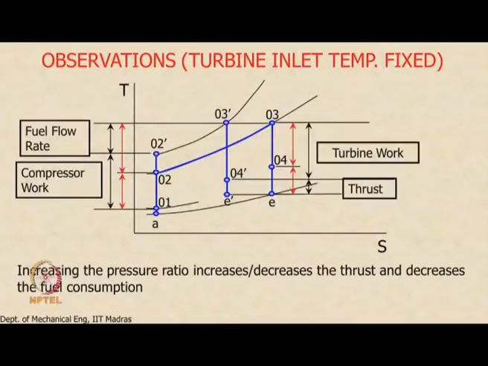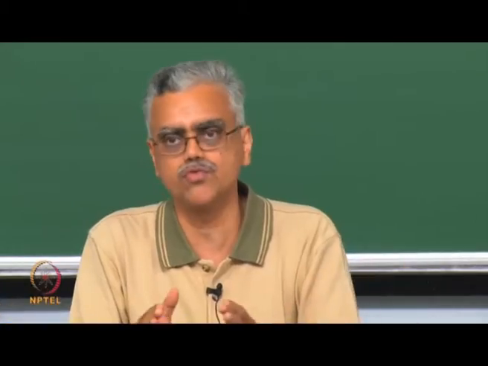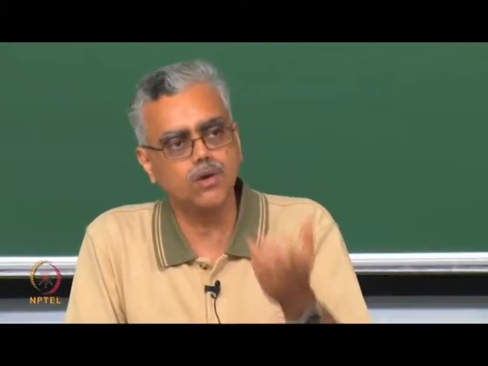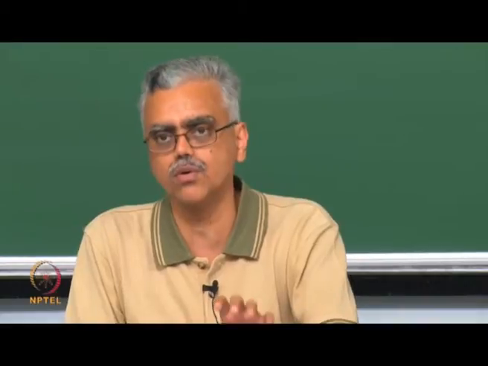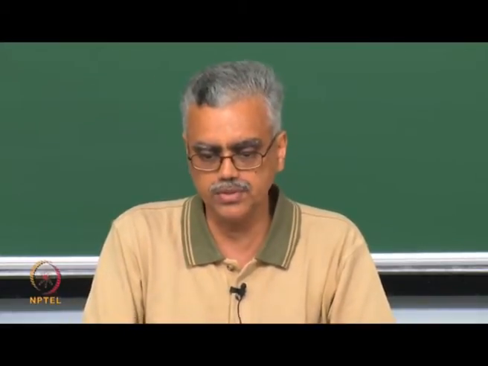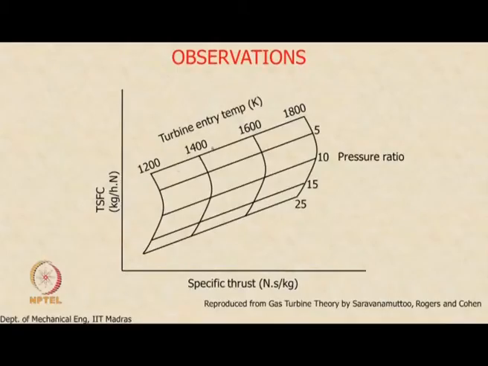Okay. Now, what we will do now is combine these two findings and look at them with some numbers thrown in, so that we get a quantitative idea. All the inferences now are qualitative. We will try to get a quantitative idea on how this happens. So, here is how the numbers look. I have plotted thrust specific fuel consumption. Okay. So, this is fuel flow rate and this is specific thrust.